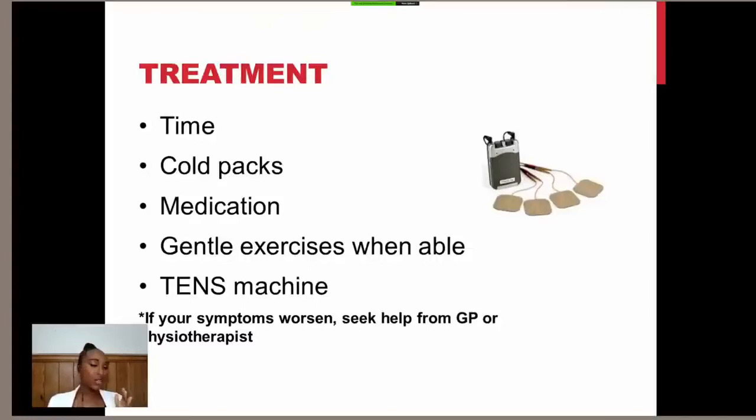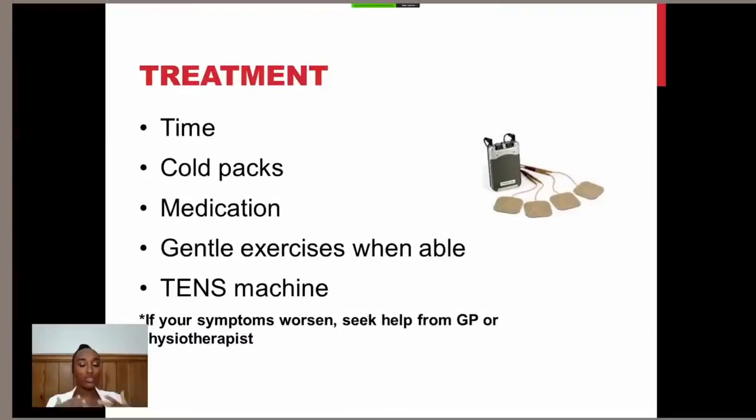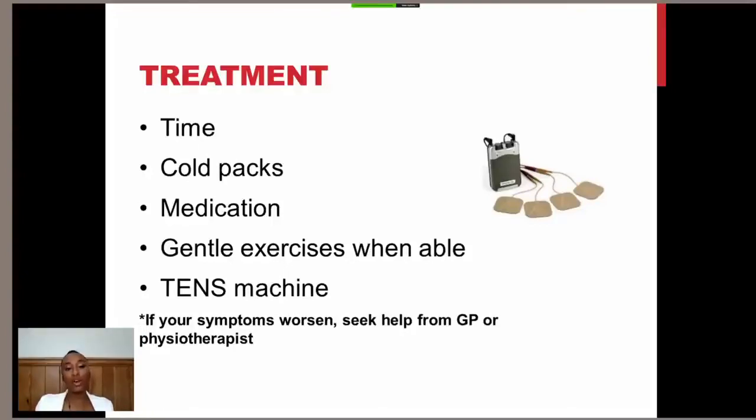So it may not help. There's not a lot of evidence to support TENS, but if it does help, then it can be quite useful. There's no side effects from it. The only reason why you shouldn't be able to use TENS is if you have a pacemaker, because obviously it's electrical current, so you wouldn't want to disrupt any problems there. But with nerve pain, if it doesn't get better, you should really go and seek help from a GP or physiotherapist, just because if it's not getting better and your symptoms are getting worse and there might be signs of weakness, numbness, then there might need to be a bit more of a medical intervention.